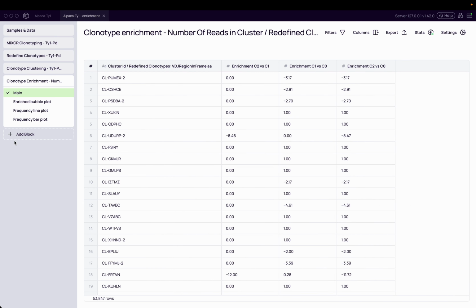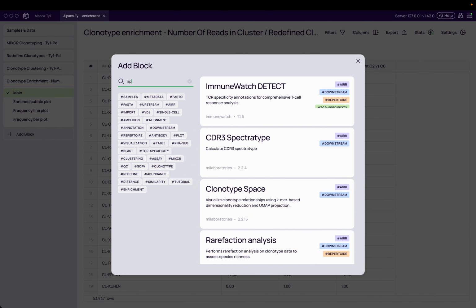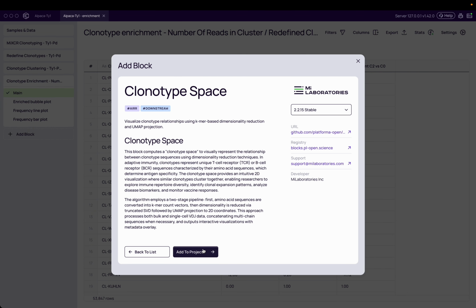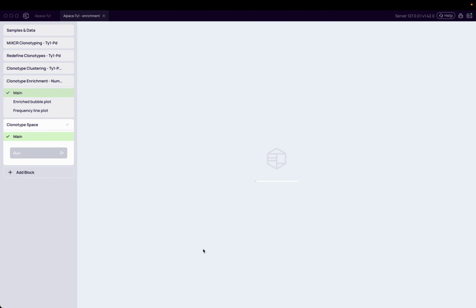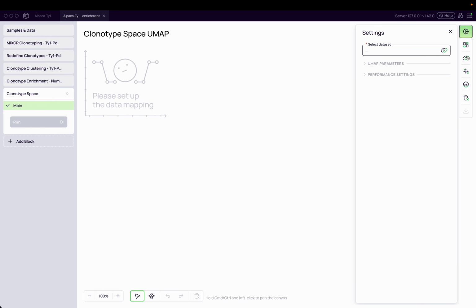So how do we look at this data in different ways? Well, first of all, obviously we can, for example, add the clonotype browser and see all these numbers in the table to explore our individual clonotypes. But another standard way to visualize this data before going to the down selection with the antibody lead selection block is clonotype space. So let's just, for example, add a clonotype space